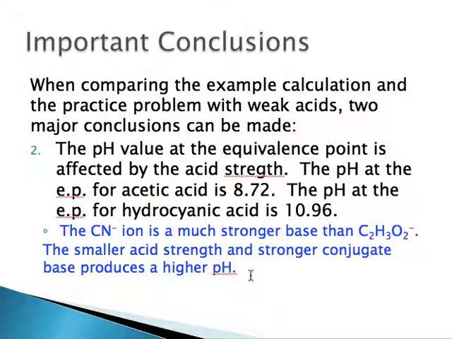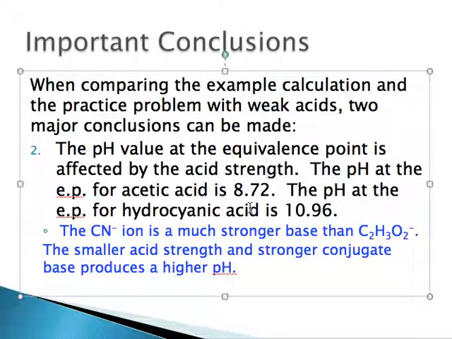The second thing you need to remember is the equivalence point is definitely affected by the strength of the acid. So as the strength of the acid weakens, its equivalence point is actually going to keep getting higher and higher on the scale. Like acetic acid, it's fairly weak, and its equivalence point is 8.72. But hydrocyanic acid is far weaker, and at equivalence point, it's already all the way up there at 11. So the smaller the acid strength, the stronger the conjugate base, and we see that reflected in the equivalence